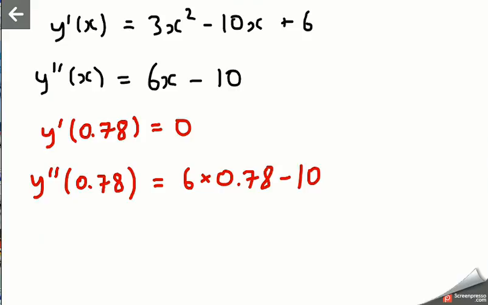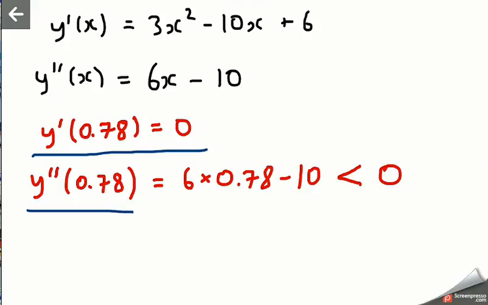I guess it would be like 4 point something. So 6 times 0.78 minus 10 has to be less than 0. So in other words, we have that y prime of 0.78 equals 0, and y prime prime of 0.78 is less than 0. And therefore, by the second derivative test,